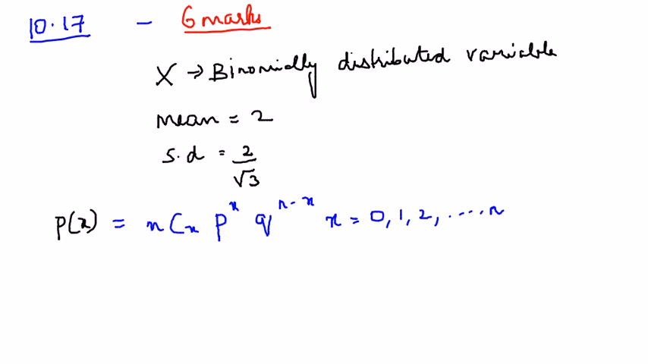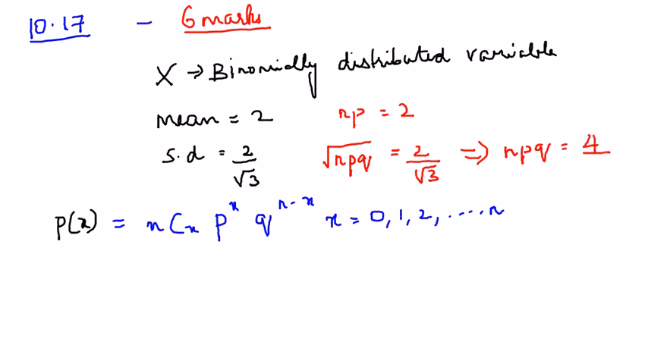Also, you know that in binomial distribution, the mean is given as np, which is 2, and the standard deviation is nothing but root npq, which is 2 by root 3 in this case. So I'm going to square on both sides so that I get npq is equal to 4 by 3. If you see this formula, do I know n from the sum? No, I do not know p, and I also do not know q,